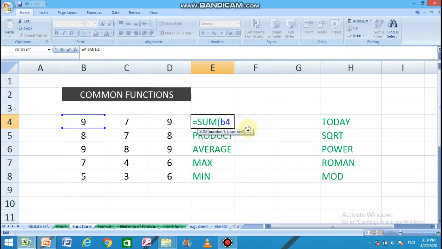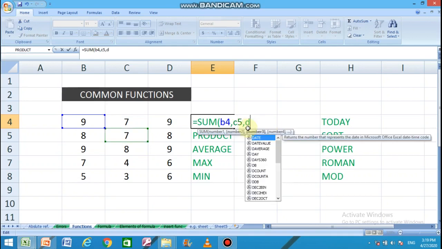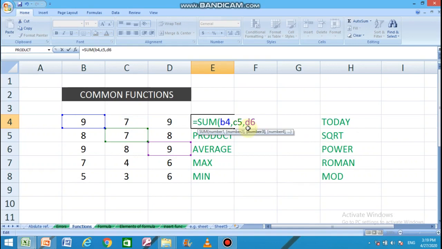After every argument, if there are more arguments, we must place a comma first, then type the next argument value. Now you can see, as I type the arguments, actually they are the cell references B4, C5 and D6. The cells are highlighted in the sheet.